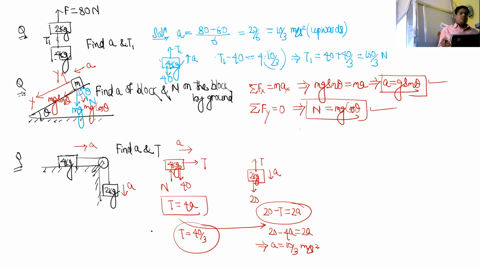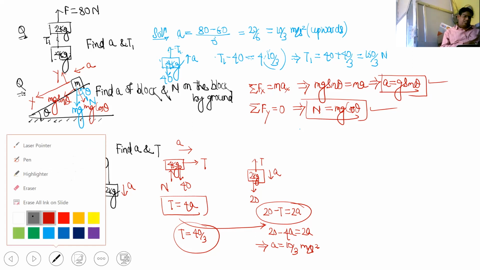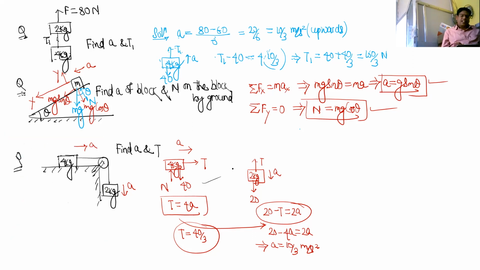Now these kinds of questions can also be solved another way. Every time we don't have to write equations for these pulley block systems. Whenever we see there is a rope and there are two blocks connected on both sides, then we have a shortcut also. Directly also we can use this. Every time we don't have to write the equation and solve. But we know that whenever shortcuts cannot be applied, then we have the 5 steps. We have to go there and solve.